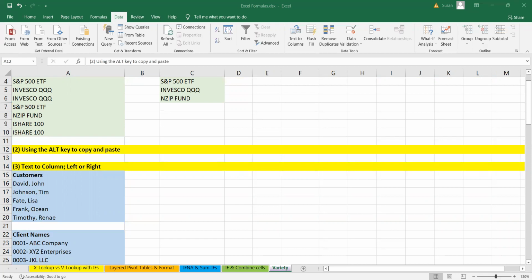So just an example here, in this investment statement, I have a bunch of stuff and I don't want to copy everything like this. Well, if you press on the Alt button on your keyboard,